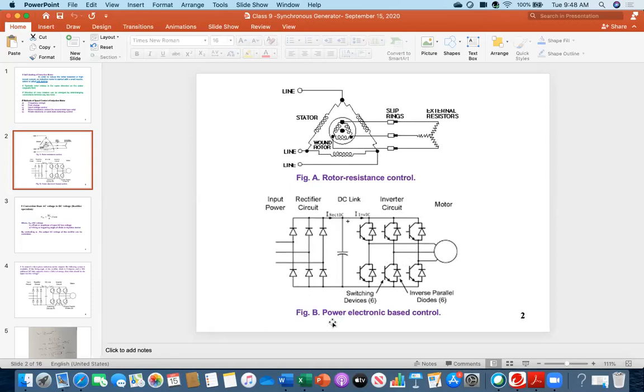Accordingly, it is called power electronic based control. Now this portion, you all know, is the rectifier circuit. It could be diode based, it could be thyristor based. Typically it is diode based, so there are 6 diodes. This is a 3-phase rectifier. When you supply the input voltage, here you will get